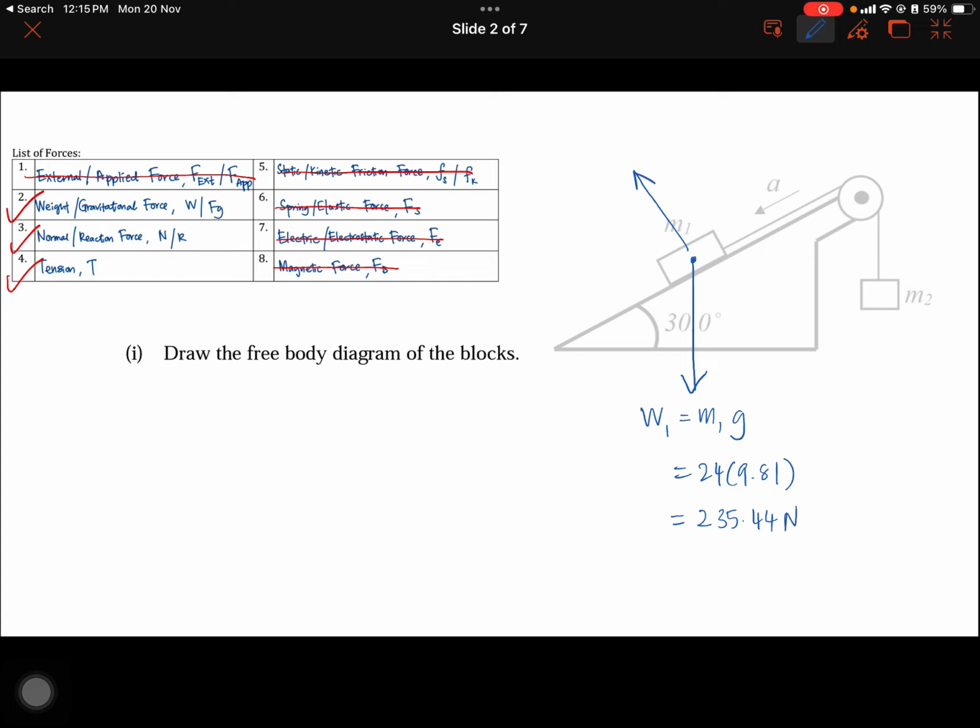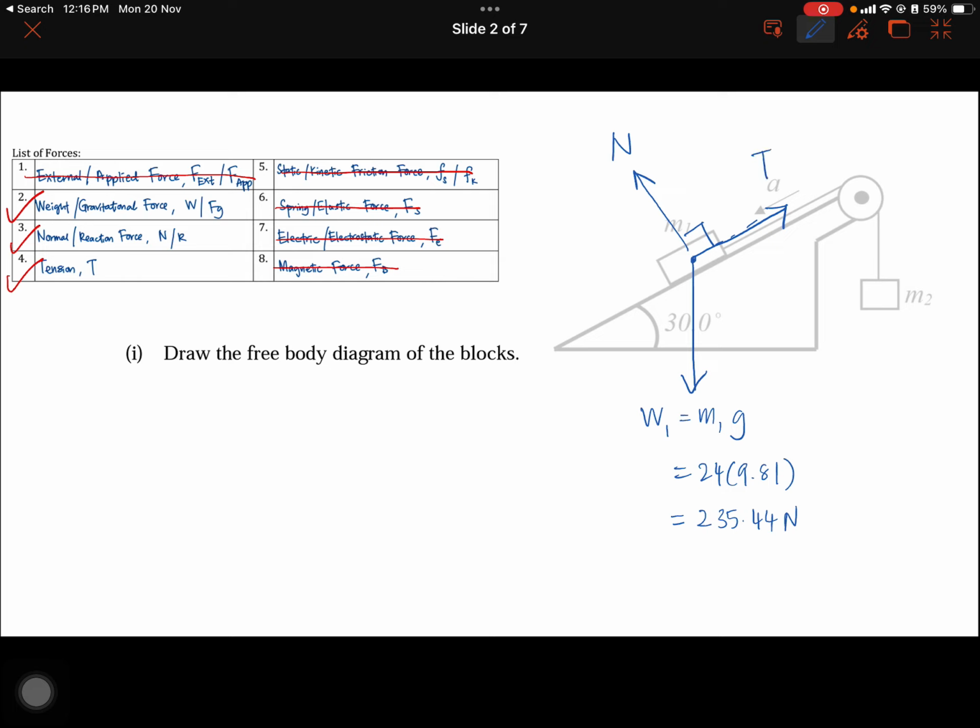and then the normal force is going to be 90 degrees with the plane of the surface. Moving on, we also have the tension, and the tension is going to be directed parallel to the plane. Or we can say that the tension is inside of the string, so this is going to be